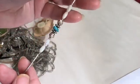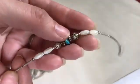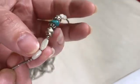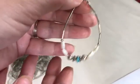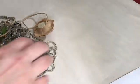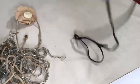This is pretty, and this might be sterling and turquoise. Maybe mother of pearl beads. No markings, but that is definitely one that I will double check, and it's unique enough that I would like to sell it whether it's sterling or not. But here's a fun